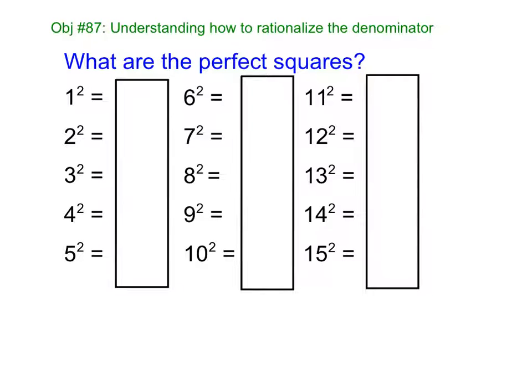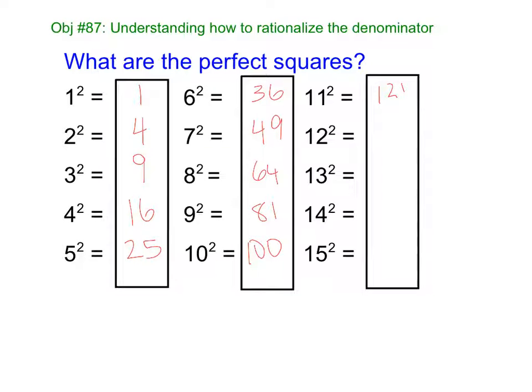All right, so when you're rationalizing, we need to know our perfect squares. So let's write down what are our perfect squares. 1 squared is 1, 2 squared is 4, 3 squared is 9, 16, 25, 36, 49, 64, 81, 100,